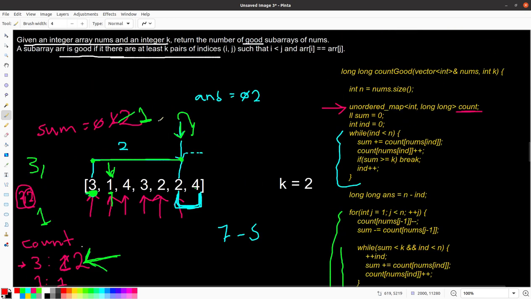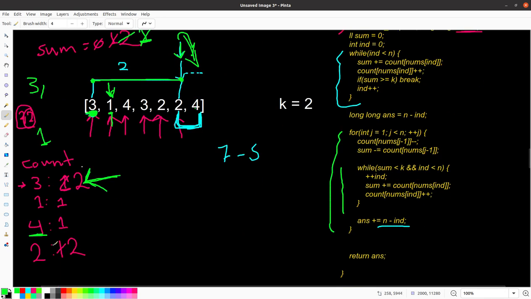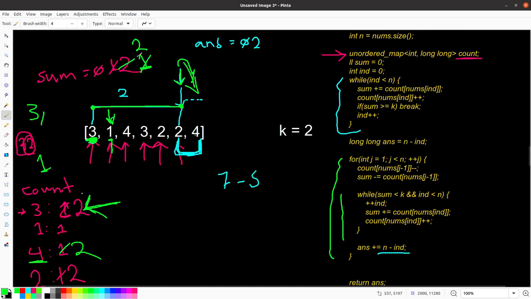So we increase the sum, so the index becomes here, and we increase the sum by 1, which is 2, and then we have 2 4s. 2 equals 2, and that means we break for this index and all the subarrays from here to the